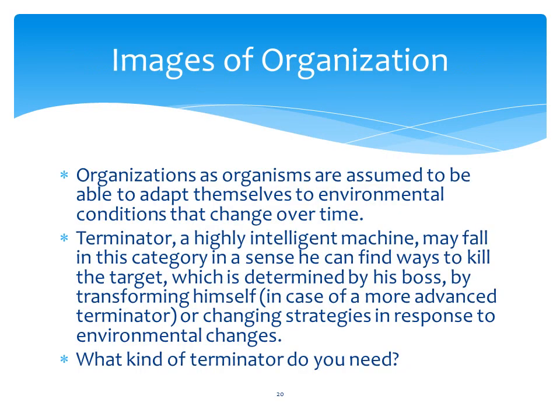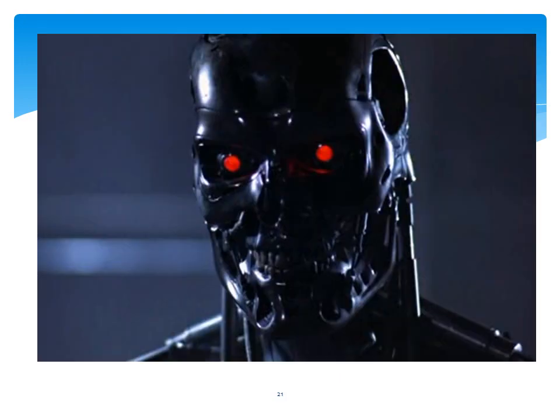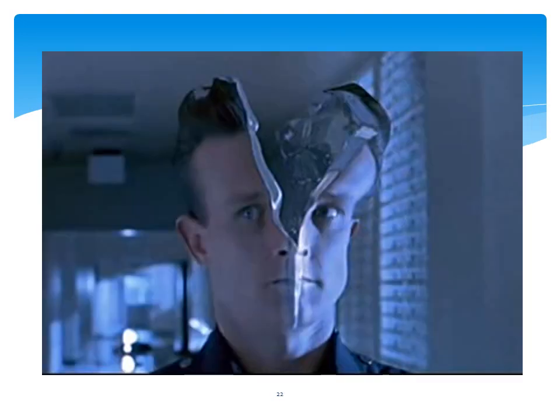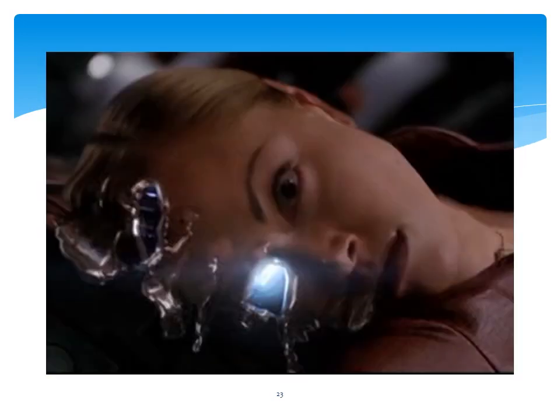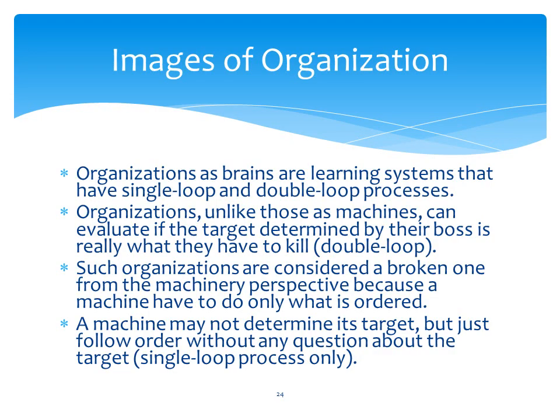I'm just trying to think there. Yeah, there's a little more on it here. So companies often adapt quite well, so you could say they're organic. You could think of the company as a terminator, which isn't one of the recognised 8 from the other slides, but if you thought it was a terminator, they'd be a highly intelligent machine, in the sense they can find ways to kill the target. What kind of terminator do you need? This is just a little bit of fun, if you like, but quite frightening, looking at views of the terminator.